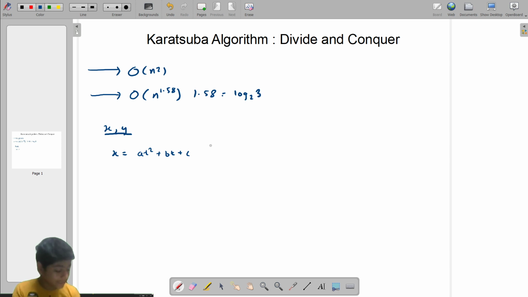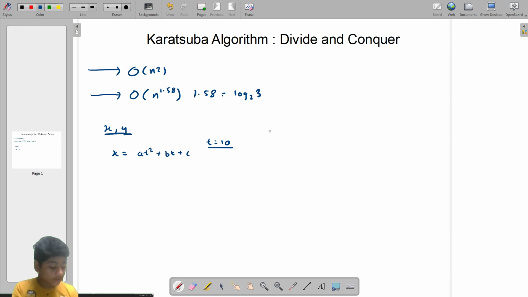Now what this t means, t is simply 10, because we consider normal numbers in base 10. So I can represent a number in the form of a polynomial, at square plus bt plus c. It is pretty interesting to say that a number could also be written as a polynomial. Suppose I need to write 458, then coefficient a will be 4, b will be 5, and c will be 8, because 4, 5, 8 gives 400 plus 50 plus 8.